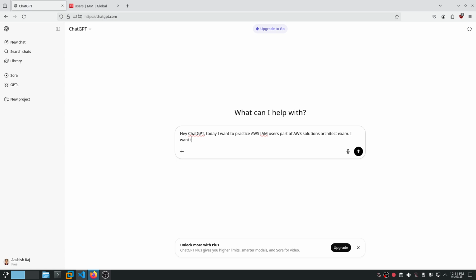I want to practice it on the AWS Management Console. I want you to assign me tasks that I need to do.